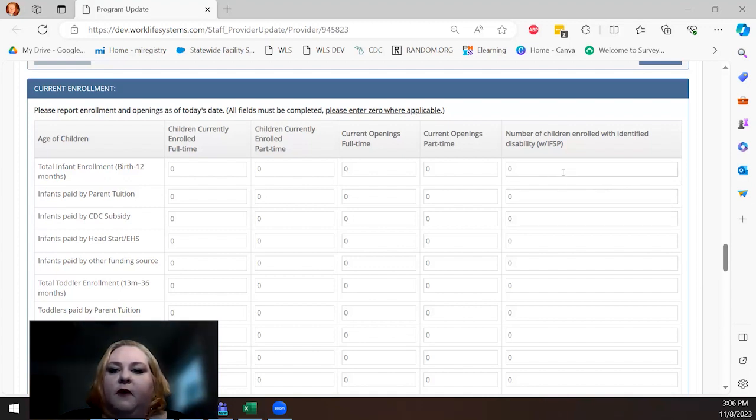For the current part-time openings, full-time openings, and IFSP, you only need to put it in this one column. Obviously, you're not going to list an IFSP for somebody in the Early Head Start program. We're not looking at that level of detail, but we do need to know how many infants, how many toddlers with an IFSP, your current openings, and your current enrollment. That is really critical,